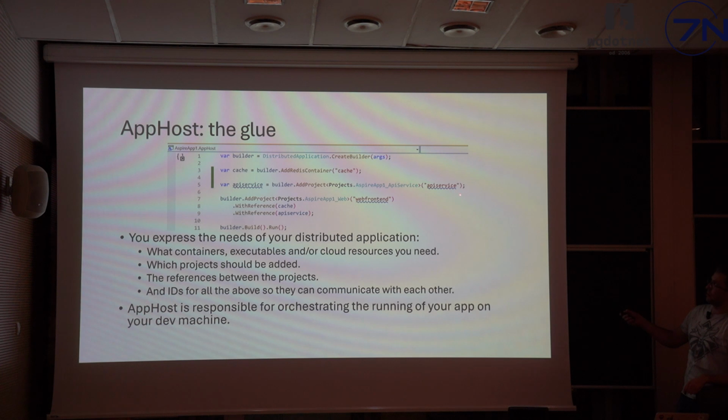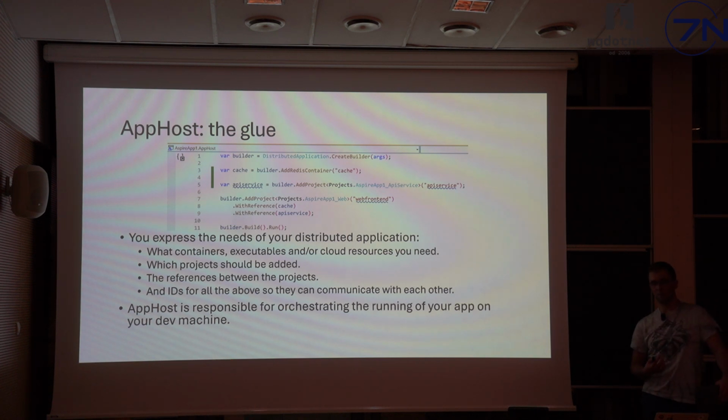So we are referencing a project from the same solution here, but there is another overload for add project, which accepts an ID and a path to a project. But you will need to take care of the relative paths, etc.